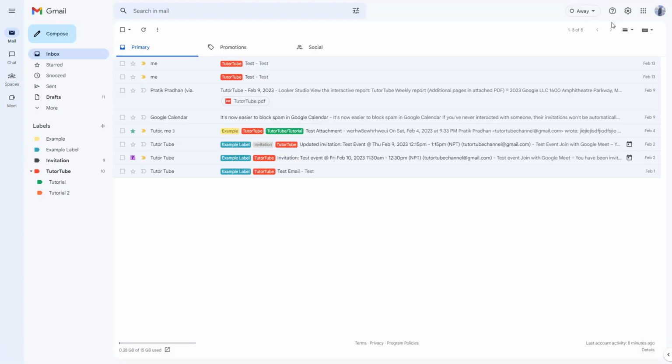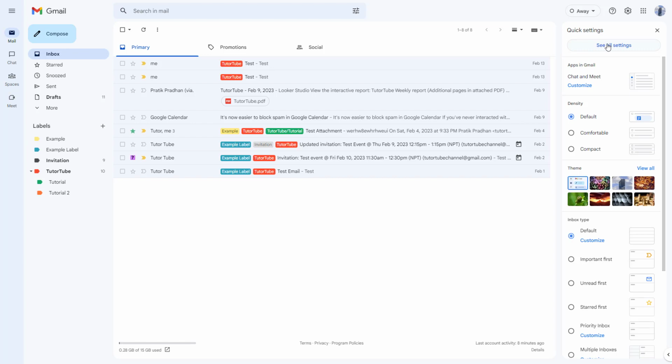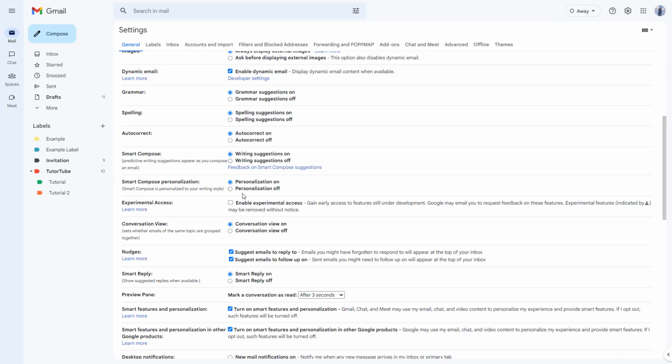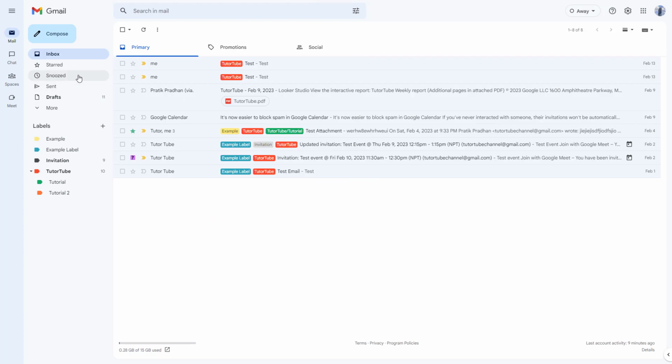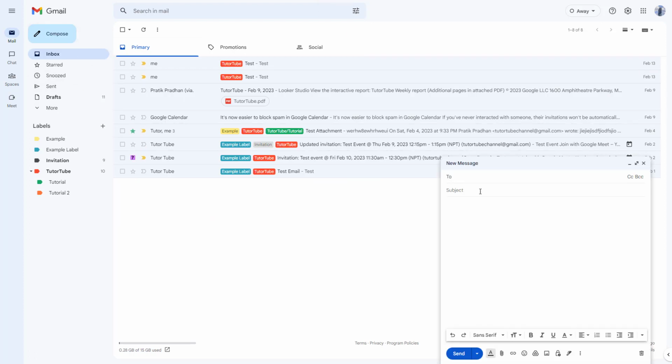But sometimes you may not want the spelling or grammar suggestions to appear, and you just want to type, and you don't want any suggestions or red underlines bothering you. In that case, you can go under the settings right here and click on See all settings. Once you go there, you can turn off the grammar and spelling suggestions. Depending on what you want to turn off, grammar and spelling can be turned on and off separately. So if I click on Save right here and click on Compose,